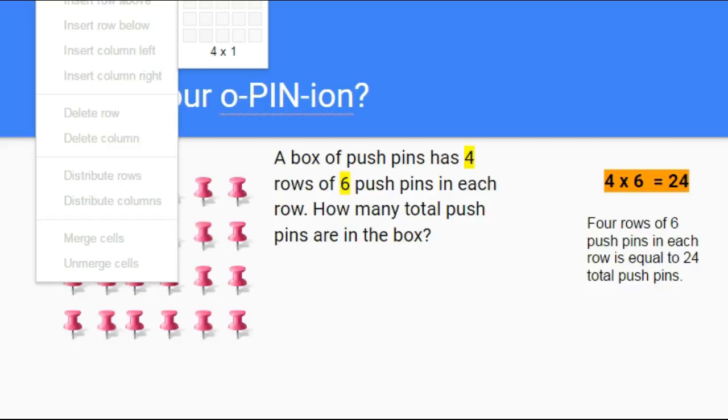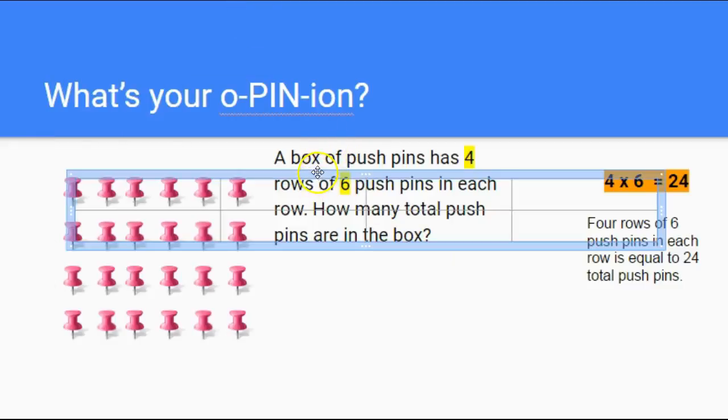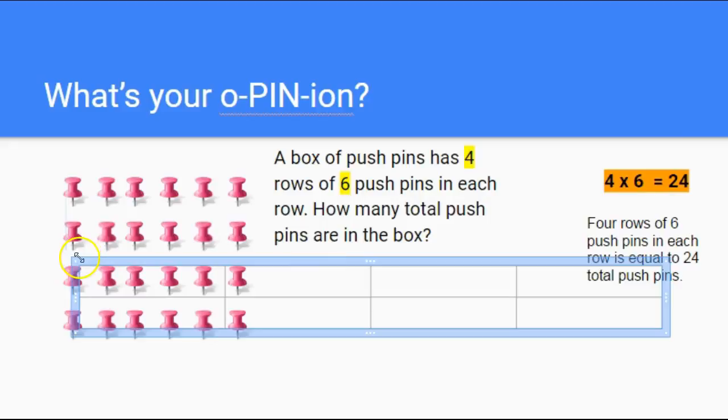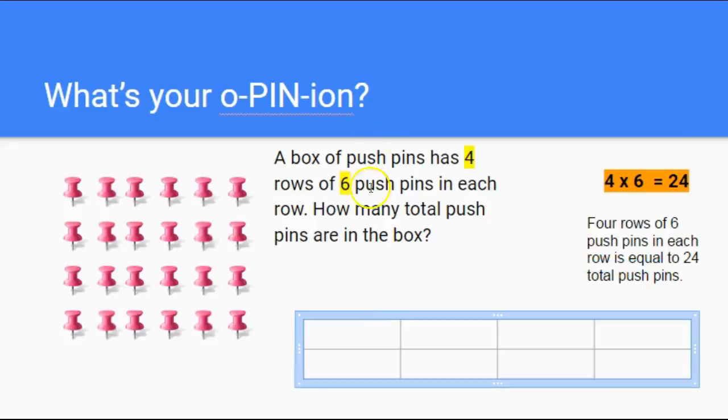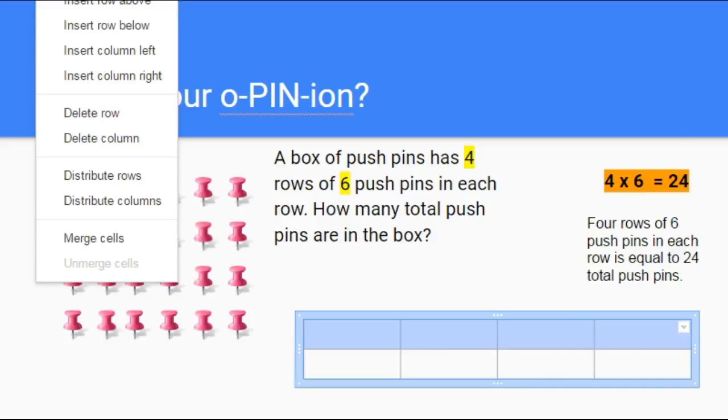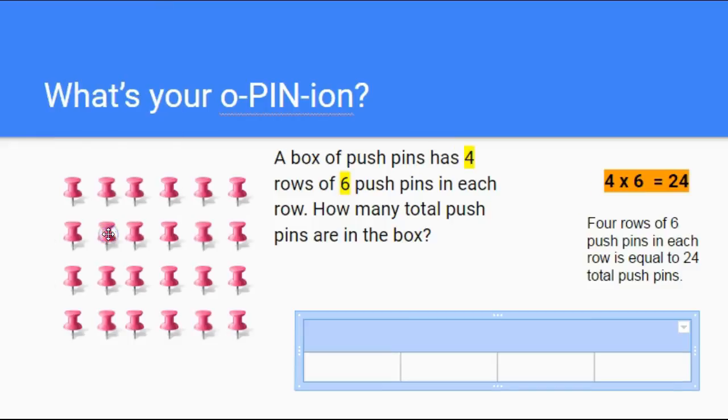rows over, and there it is. It's gigantic. So what do I need to do? I need to use my arrows here to shrink it up a little bit. Great. Okay. And now my next step is to merge this top. This top row needs to be merged for my bar diagram to show a total. So to do that, I highlighted all 4 of these top boxes. I click on the word table at the top of my screen, and I click on merge cells, and voila,